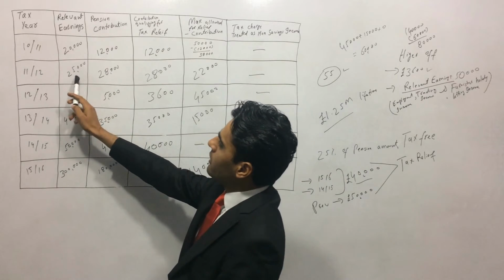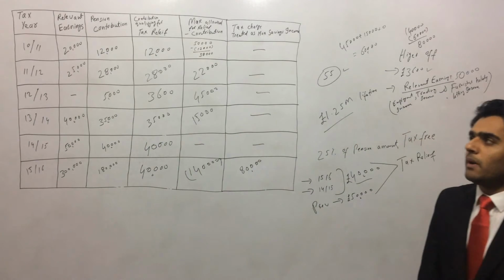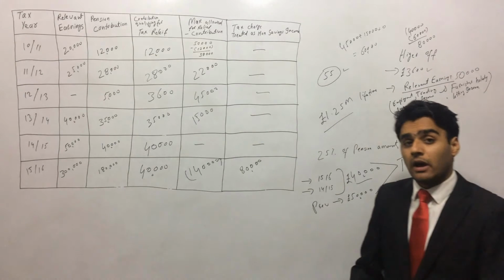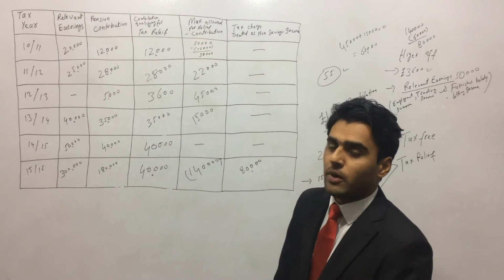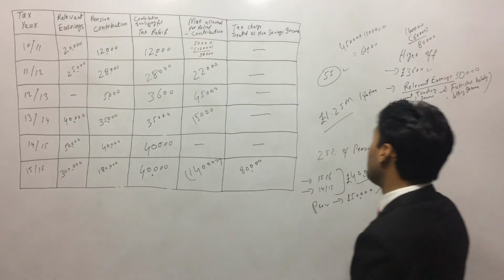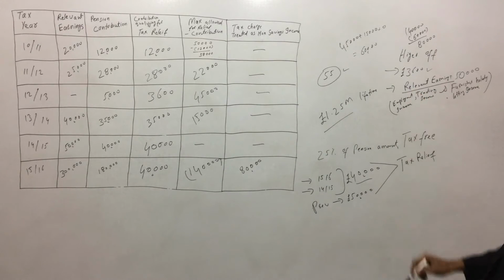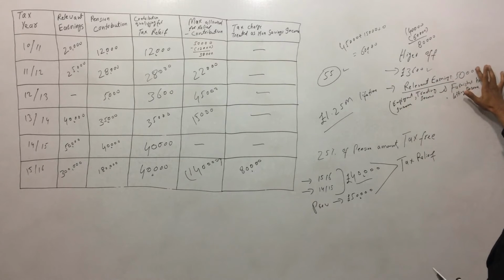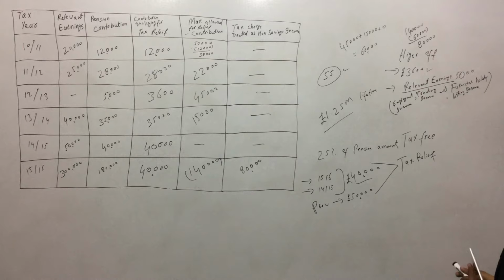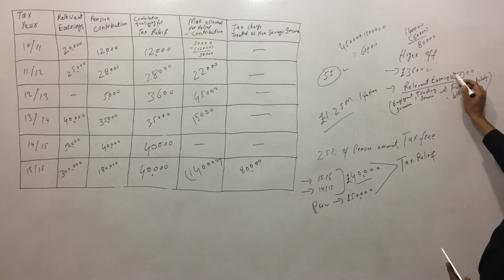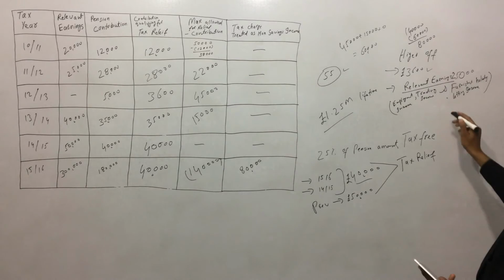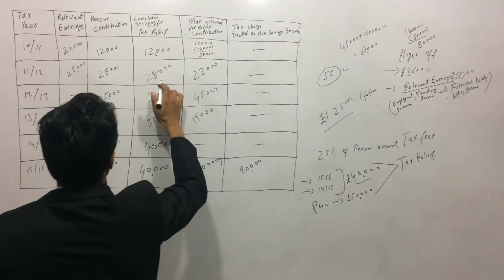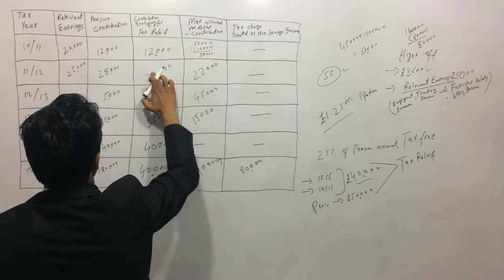In the tax year 11-12, relevant earning was £25,000, but he has exceeded the limit. He has exceeded the relevant earnings. So he's contributed £28,000 instead of £25,000. Let's come to the formula. Formula says you can contribute higher of £3,600 and relevant earnings. Relevant earnings in this case are £25,000. So higher of £25,000 and £3,600, obviously £25,000. I made a mistake here by writing £28,000. I beg your pardon for that.